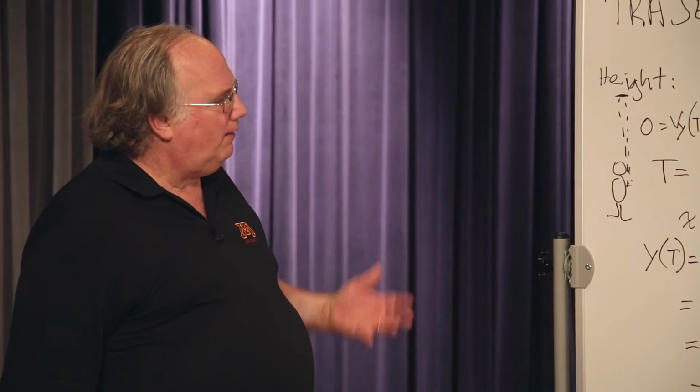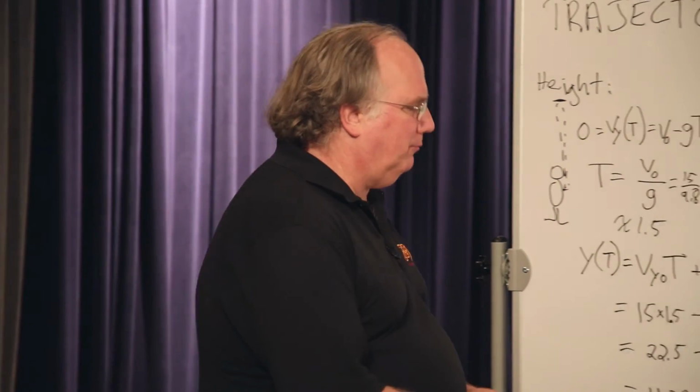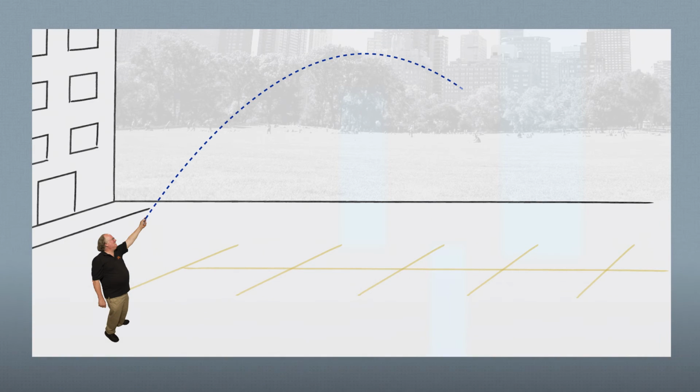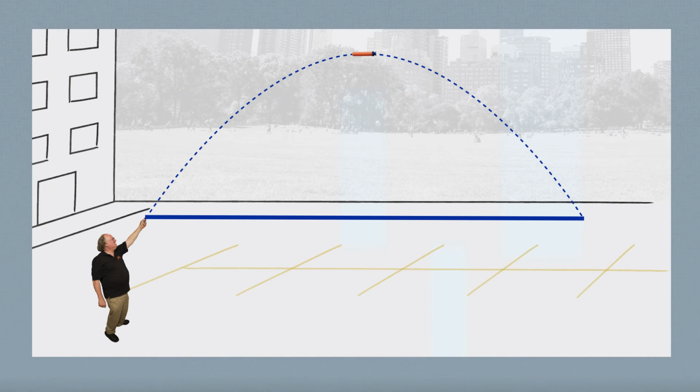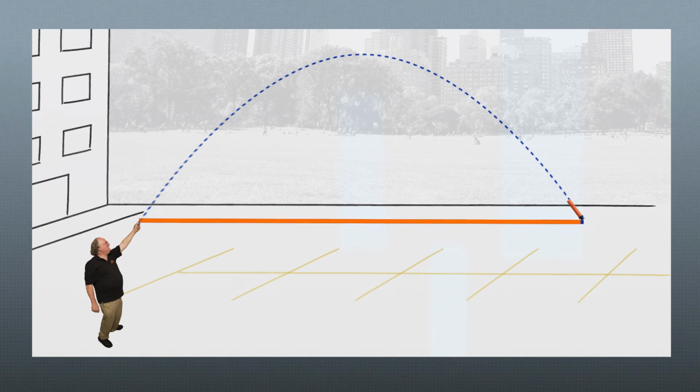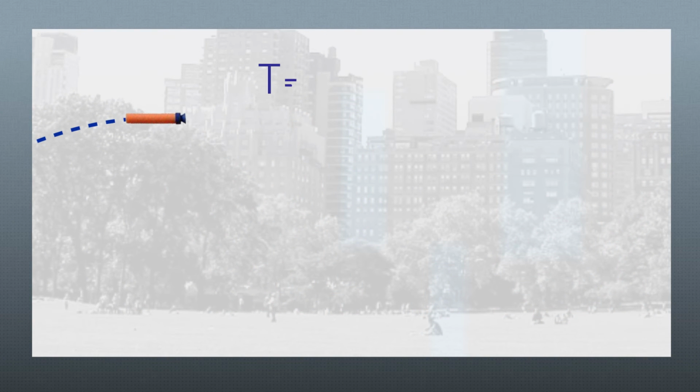So that's roughly correct. To get the maximum range, it's easiest to do this if you think about the time for the whole arc being twice the time it takes to get to the top, and the horizontal distance it goes over the whole time will be twice as far as it goes when it gets to the top. So if we can figure out how much time it takes to get to the top, then we can figure out how much time it takes to go the whole distance. And that is fairly easy to get.